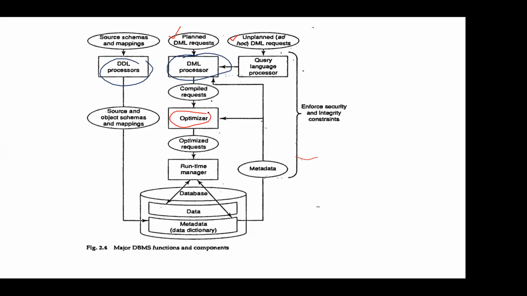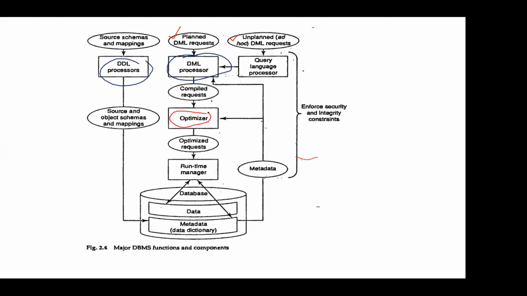The purpose is to determine an efficient way of implementing the request. Why are we processing the DML requests through the optimizer? That means to determine an efficient way of implementing the request. Optimization we will discuss in later